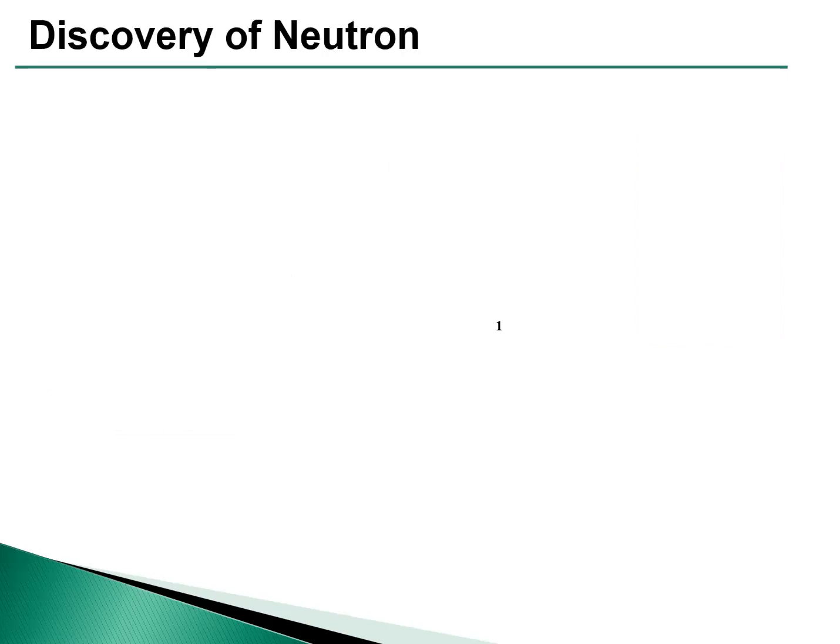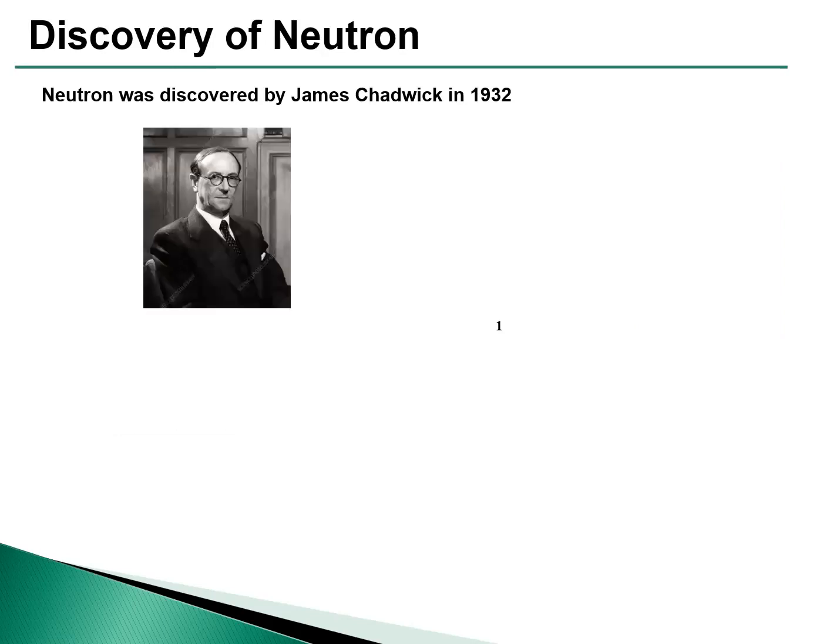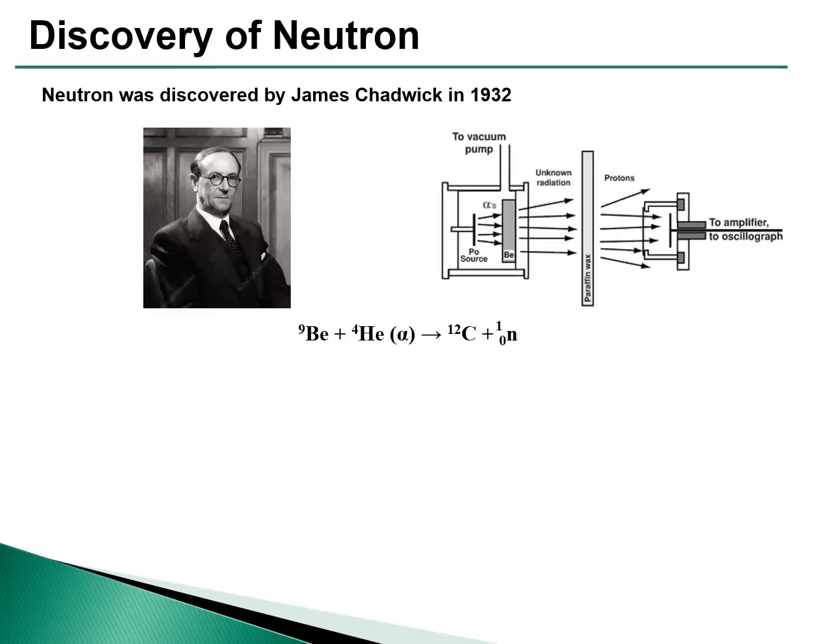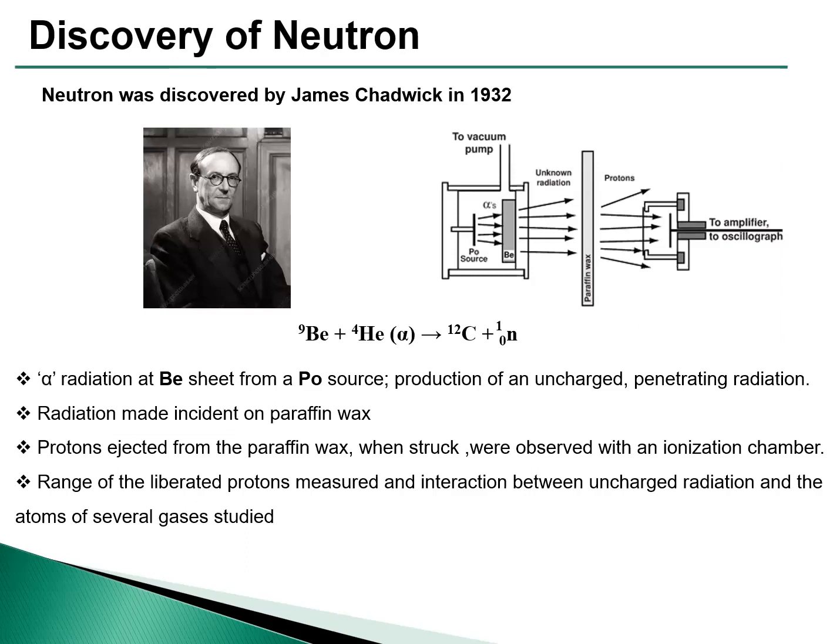Now let's discuss the discovery of neutrons. Neutrons were discovered by James Chadwick in 1932 by bombarding a thin sheet of beryllium with alpha particles from a polonium source. This caused the production of an uncharged penetrating radiation. The rays were made incident on paraffin wax. The protons ejected from the paraffin wax when struck by the uncharged radiation were observed with the help of an